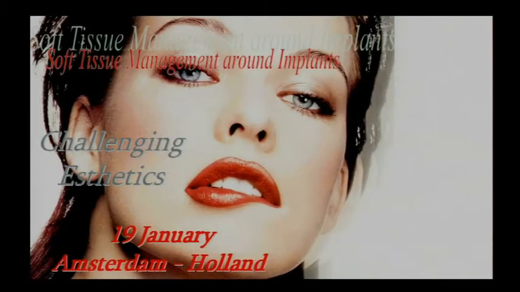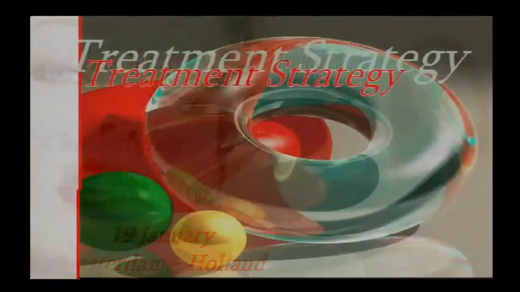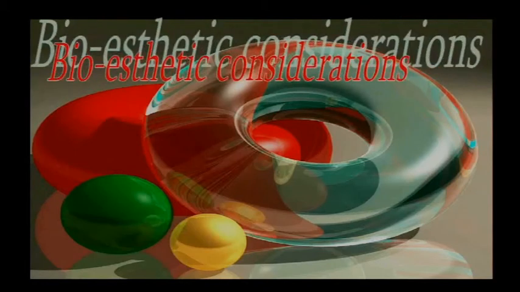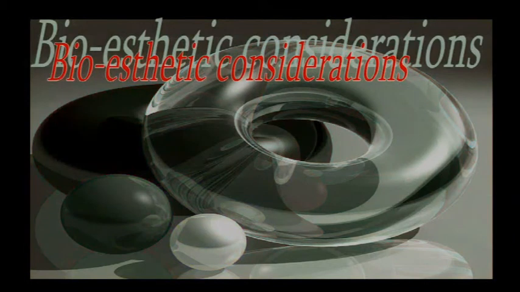Okay, talking about aesthetics and soft tissue, when we talk about treatment strategy, it's important to realize we have different options, and it's one of the most important steps to make these bioaesthetic considerations before you start with the treatment. Sjoerd also showed us a very nice lecture on decision making earlier this day. So, when we talk about these considerations, we work with components, and one of the most important components is what